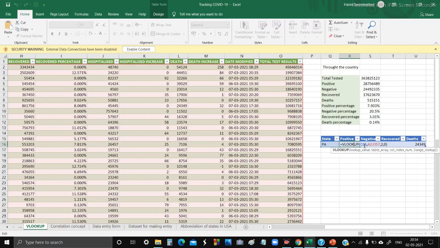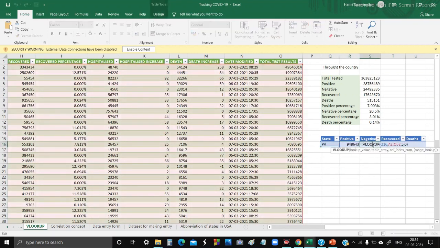Here, Q16 is the lookup value, A2 to O57 is the array range as we mentioned earlier, and 2 is the column index number. Here for positive, the column index number is 2 and so 2 is mentioned here. For displaying the exact value, we have given 0.